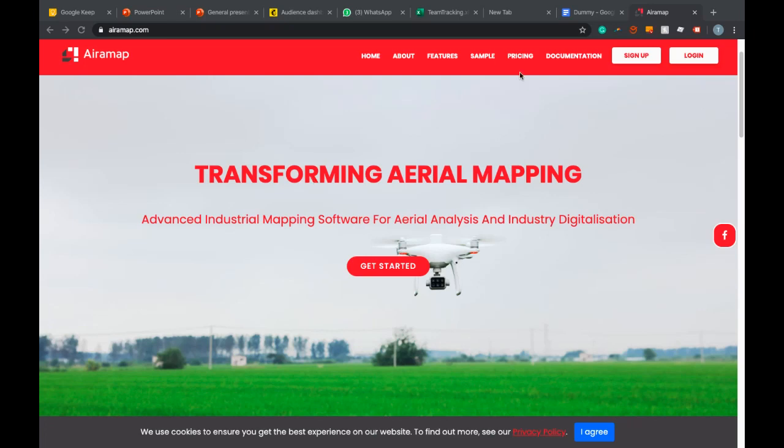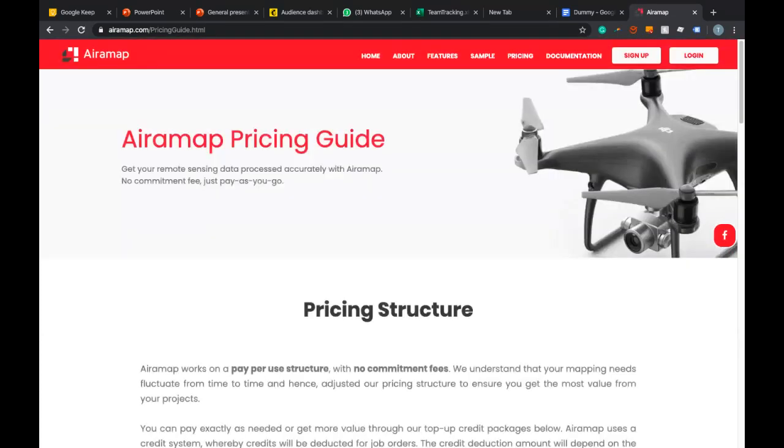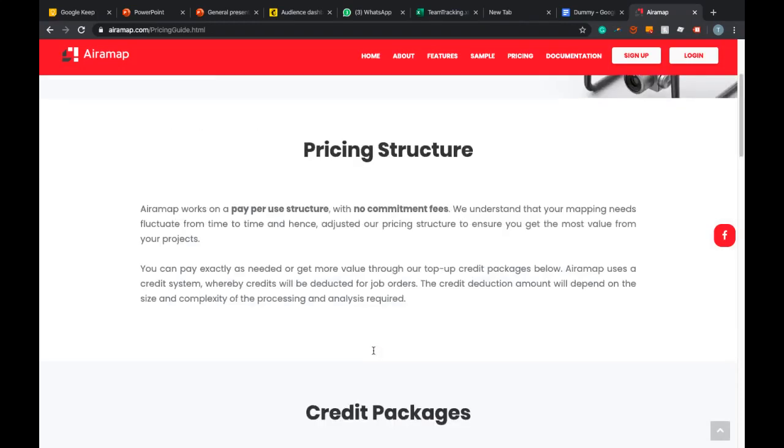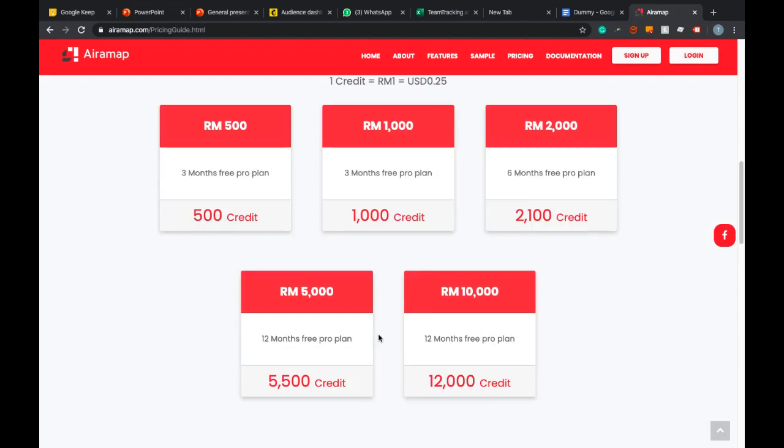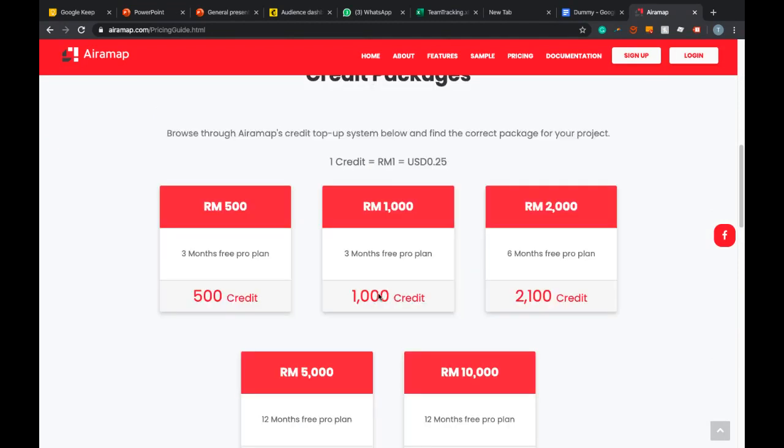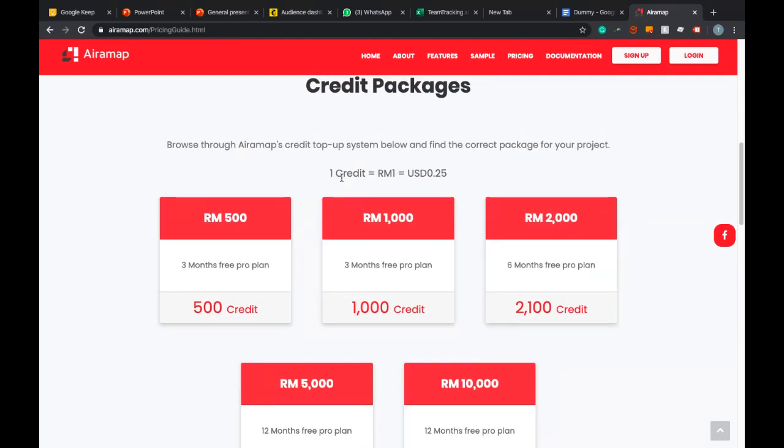Charges and everything, I think we can talk a little bit more, since someone is asking how much the charges for the iramap solution are. Basically the structure is credit packages, which means you can top up your credit. For example, one credit is RM1.